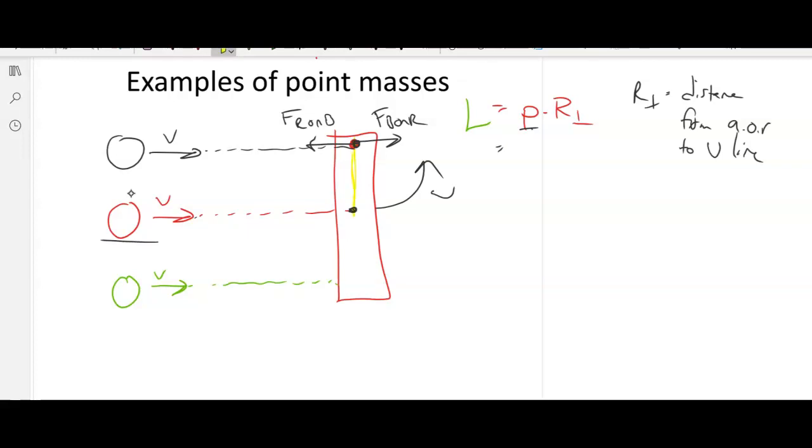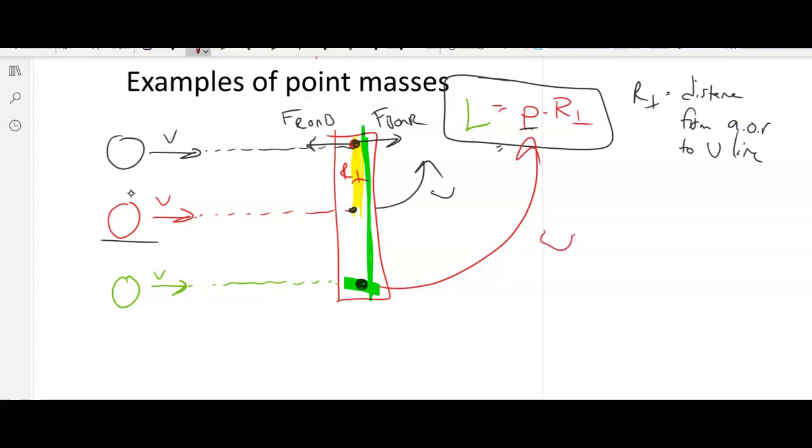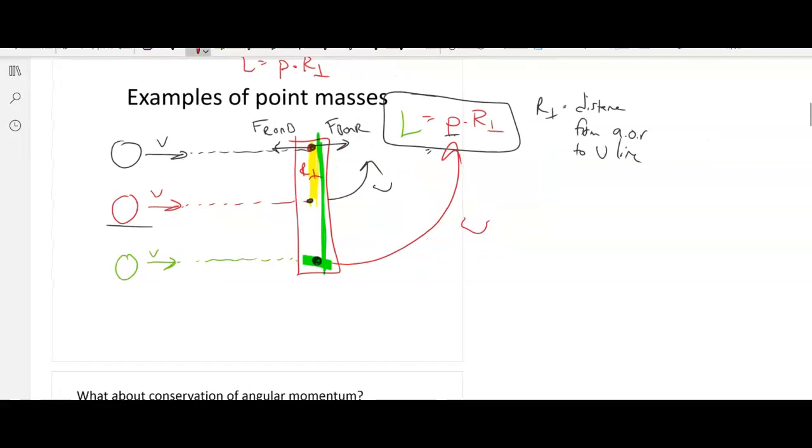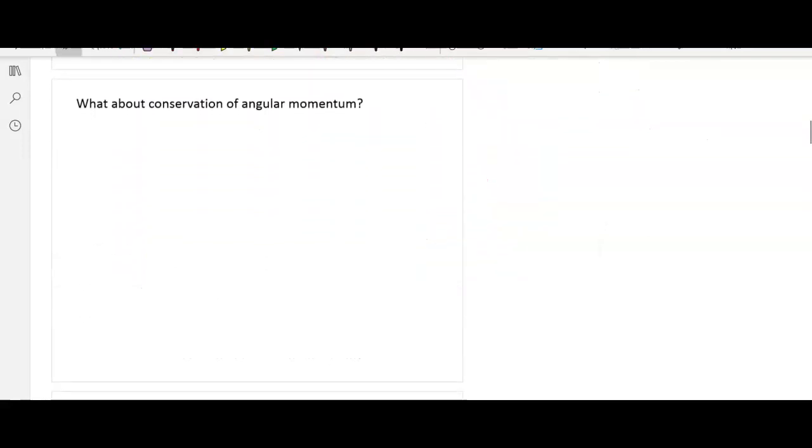And the reason it does is because if you think about it right here, there is that R perpendicular. So if your linear object has a perpendicular distance from the axis of rotation, then you have angular momentum, which we see here. Which one of these has the most angular momentum? That would be this one, if the rod hits here, okay, because the force we're assuming is all the same, but this last one has a greater perpendicular distance, so it is going to cause a greater rotation. So that's how a point mass, an object moving linearly, can have angular momentum. So now let's take a look at